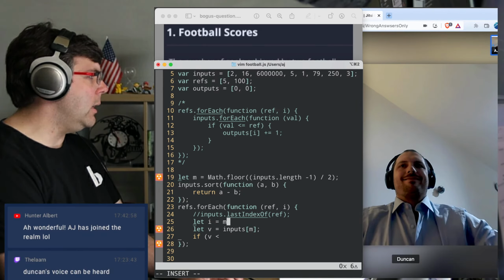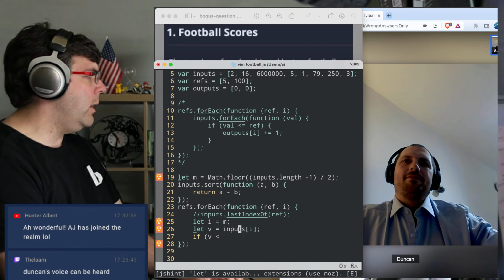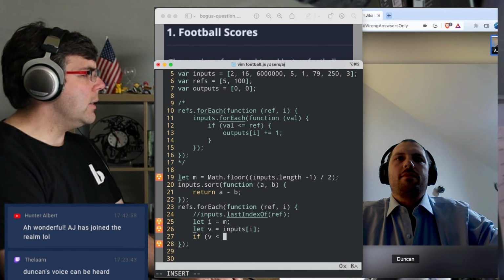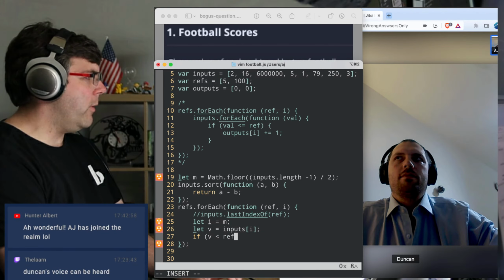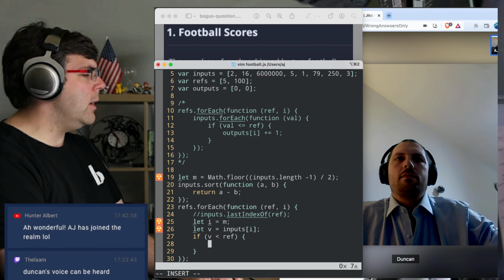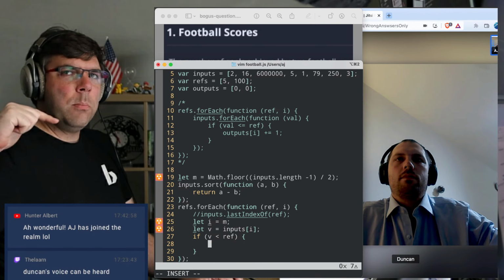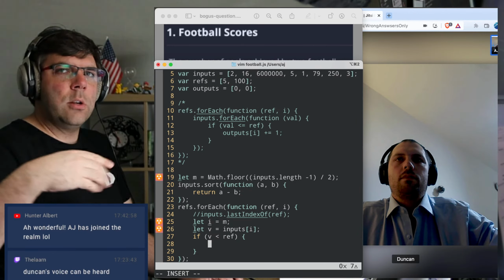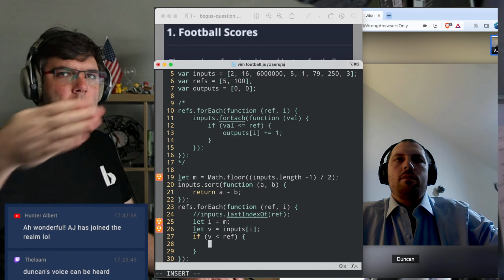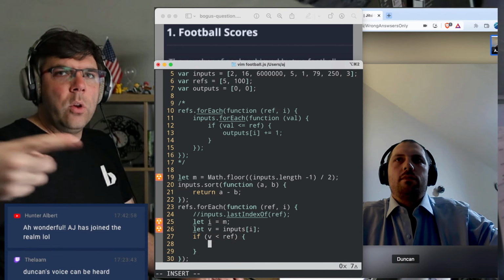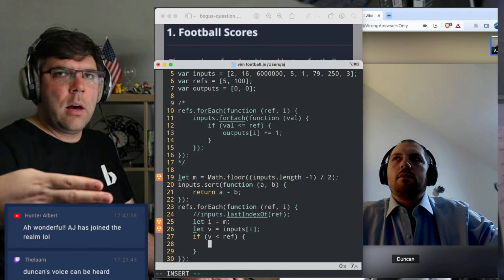We're going to do index is equal to M, and V is whatever is at that input. So if V is less than reference, then that means that we need to move our index over, but not just by 1, we want to move it over by about half. So we're going to go halfway, halfway, halfway, halfway, halfway until we land on the value, and then we'll go by 1 until we end up,